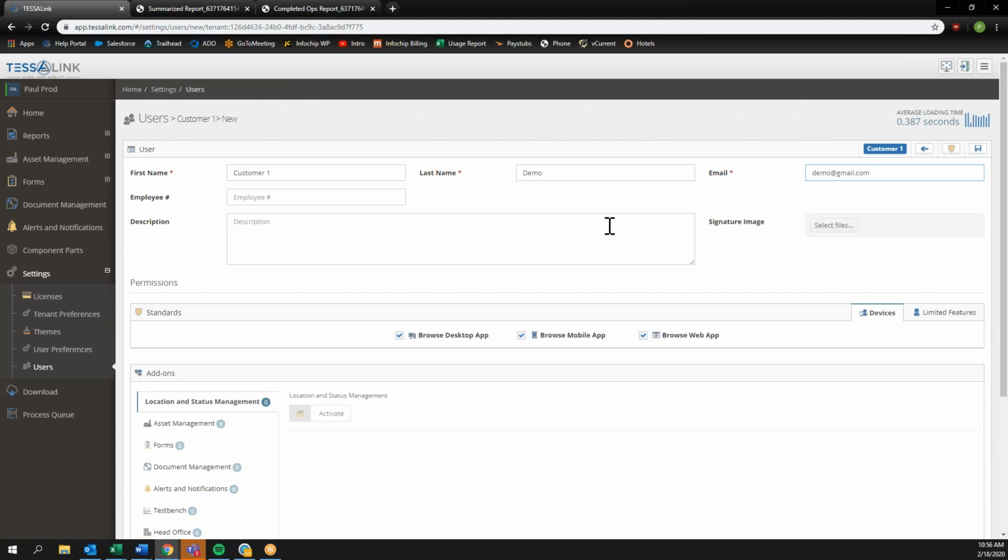It's going to give them permission to view everything, however. If I don't want them to be able to see certain things, for instance, I only want them to be able to see the web version, or only want them to be able to see the mobile version, or whatever the case may be, I have these three checkboxes to control that. But usually you want them to be able to see all of the data that they own, or all of their data that you have. And so you just leave all three of those there, click save,